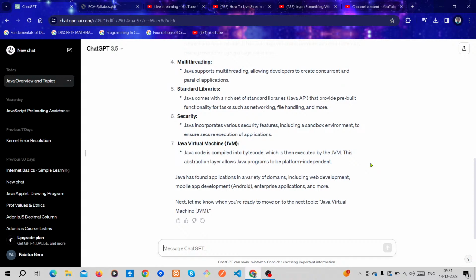This is the mystery of the platform independence of Java. Java has found applications in a variety of domains including web development, mobile app development, Android, enterprise applications and more.